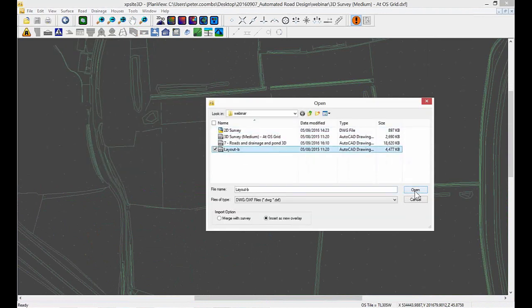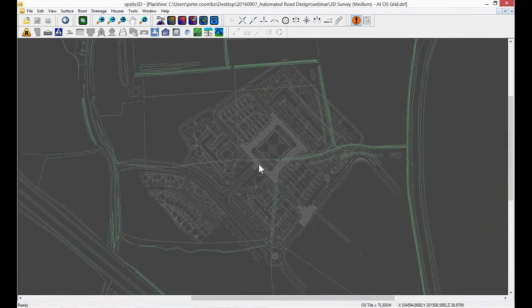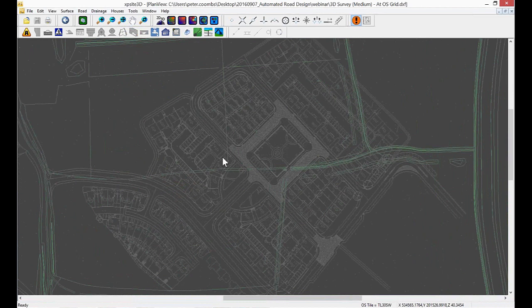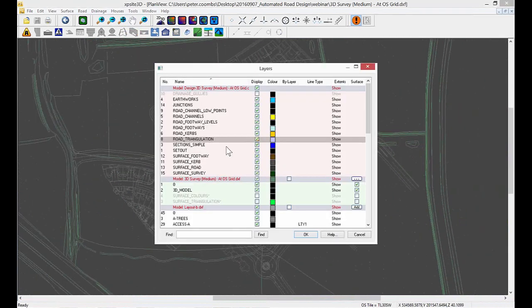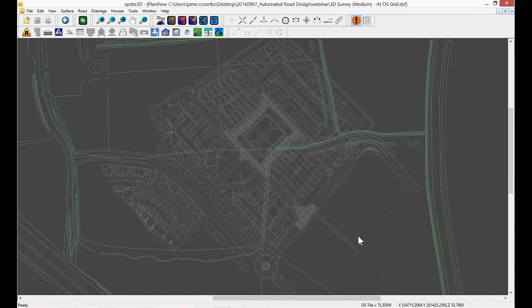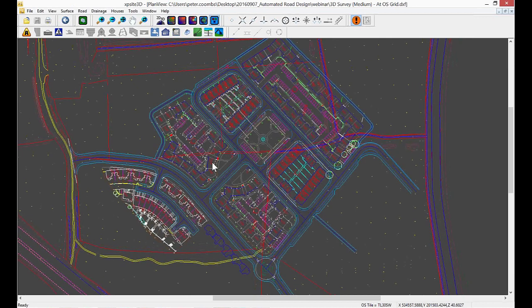You just think how quickly this will open for you. Let's open that. Just because some of these files can be quite garish, by default, Site3D will create a ghosted image of what you're putting down. And it has all the layers as well that you'd expect. You can turn these on and off so that you've got the right information that's important to you at the right time. But I'm going to show the original colors just to help me extract the centerline from